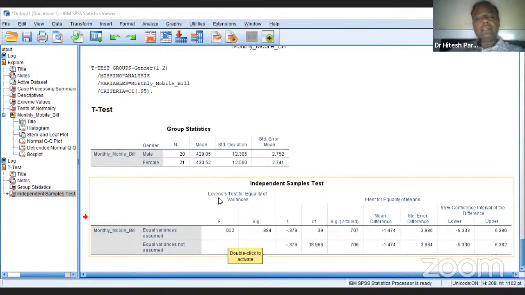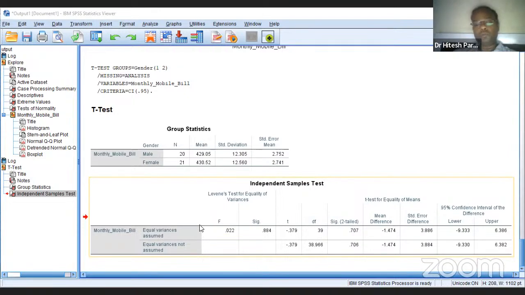For that, there is a test called Levene's test, the F test. By default, SPSS has given the result. So to choose row number 1 or row number 2, we need to see the additional result, and this is for Levene's test. Is it clear why we go for Levene's test in between a t-test? Levene's test will decide whether you need to interpret the t-test result for row number 1 or